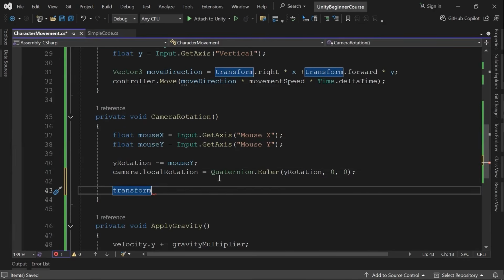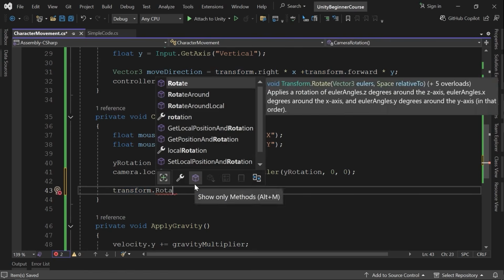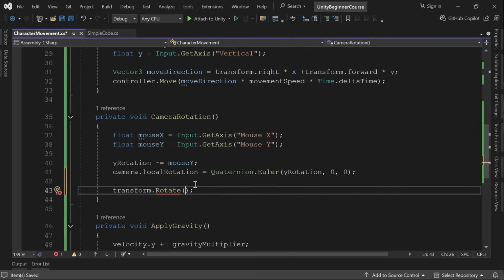We can, but it's not necessary to define another variable called, for example, X rotation. We can easily call the Rotate method, which receives a Vector3, and here, just like this formula, we can send something